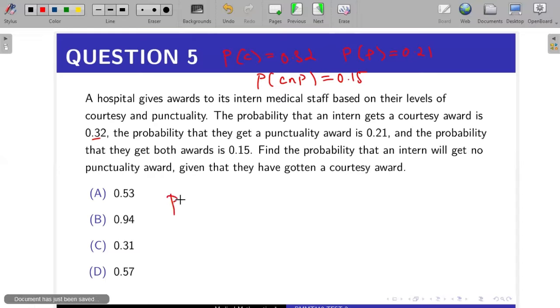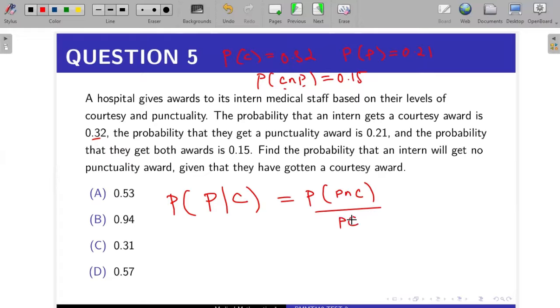So the probability that this intern gets the punctuality award, given that they have already gotten the courtesy award, is given by this. This will just be the probability of P intersection C, which is the same as C intersection P, over probability of C. So we have it there: 0.15 over probability of C,